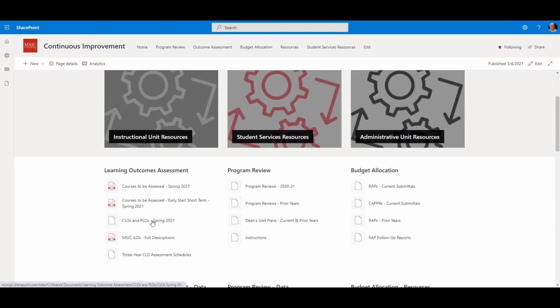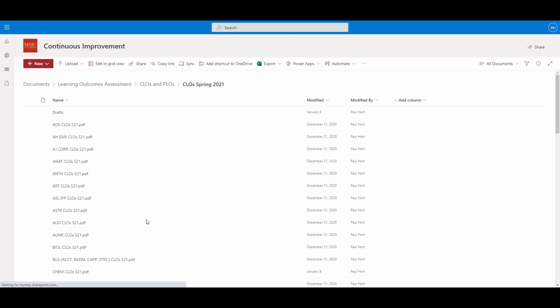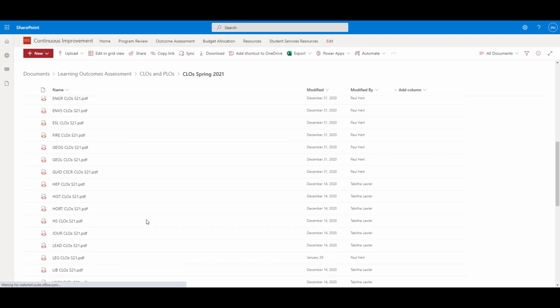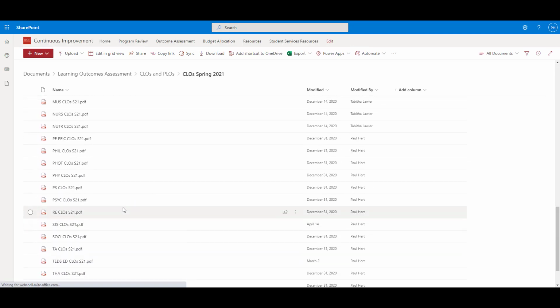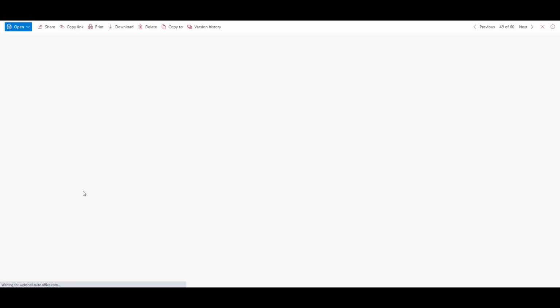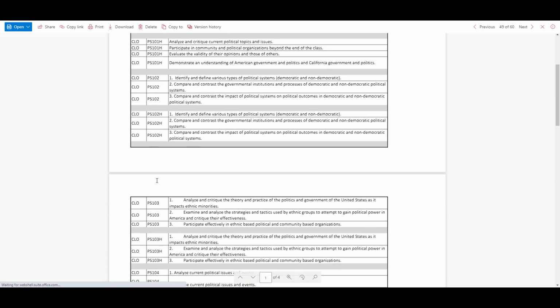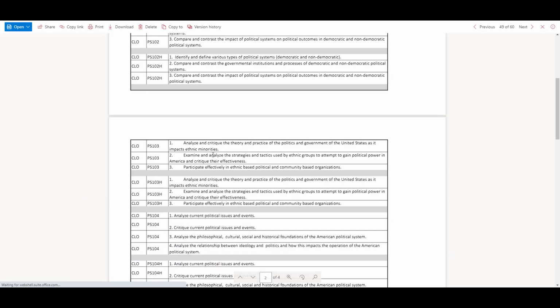Then, in the first column under Learning Outcomes Assessment, click on the current CLOs. Choose PS for Political Science. Scroll down to PS 103. We confirm that the CLOs are the same as those provided by the faculty member. If you are unsure if the CLOs are close enough, contact the faculty member and/or department.